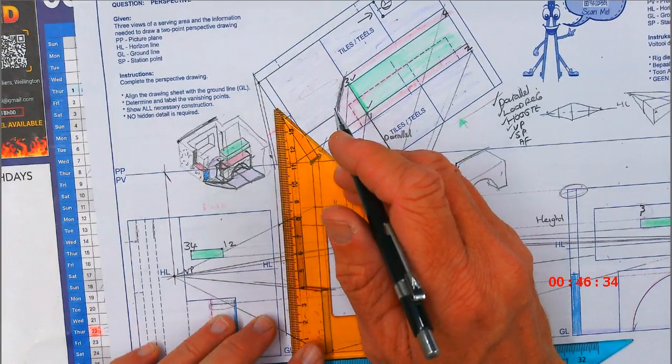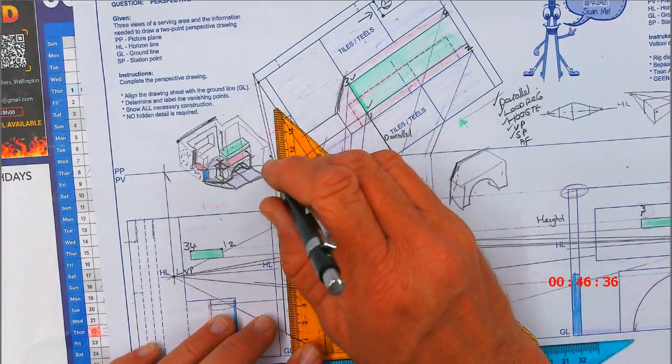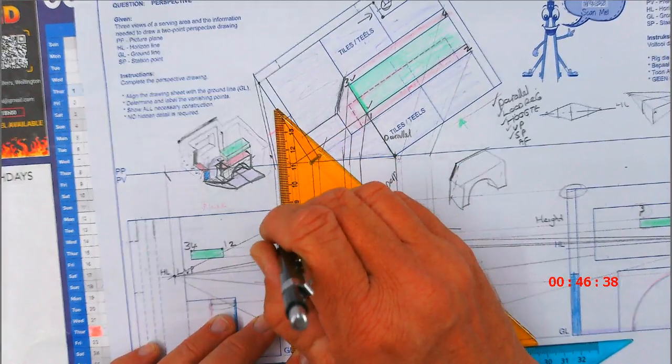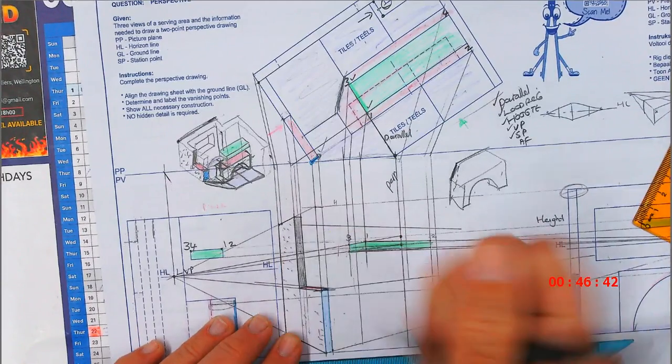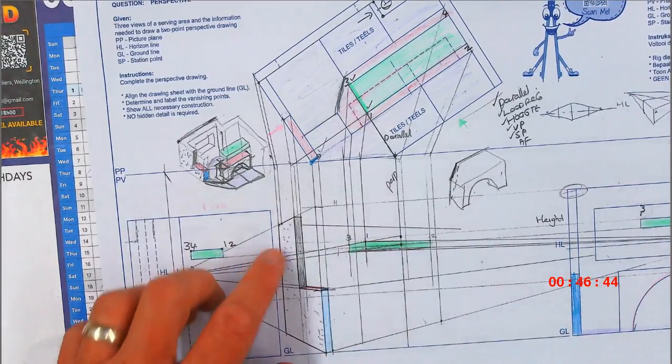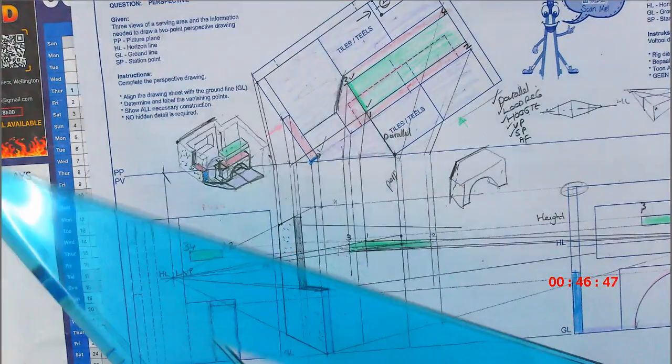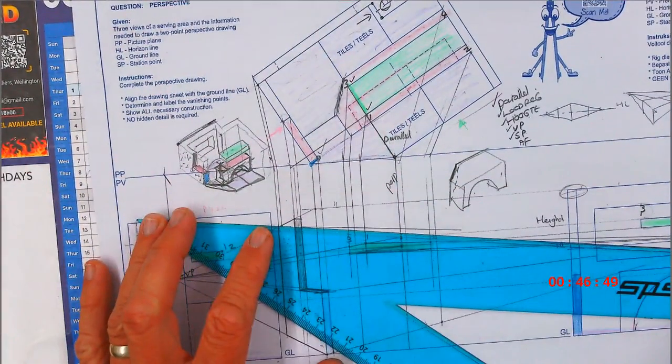I bring this across up to where it cuts. Alright, and I'm going to take that to my opposite vanishing point here.